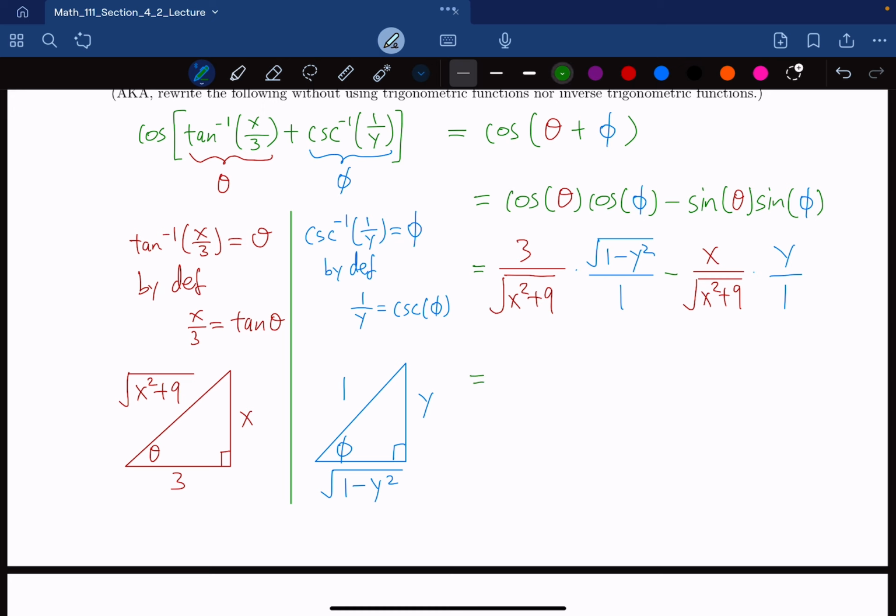The last thing here is simplifying the expression, which is really very easy to do because there's not much cancellation happening. On the top, we just have 3 times square root of 1 minus y squared, minus x times y, all over, while the denominator is just the square root of x squared plus 9 times 1, which obviously is just the square root of x squared plus 9. And that is the final answer